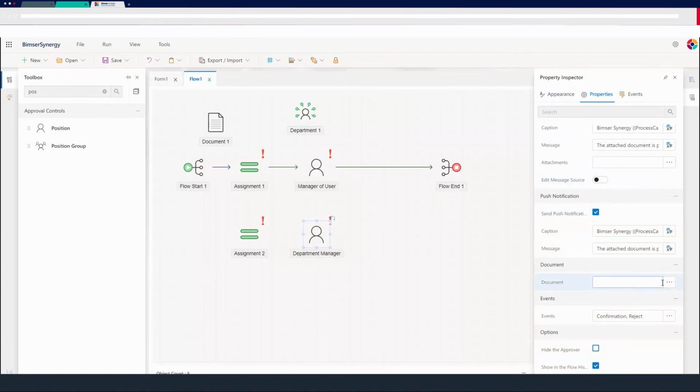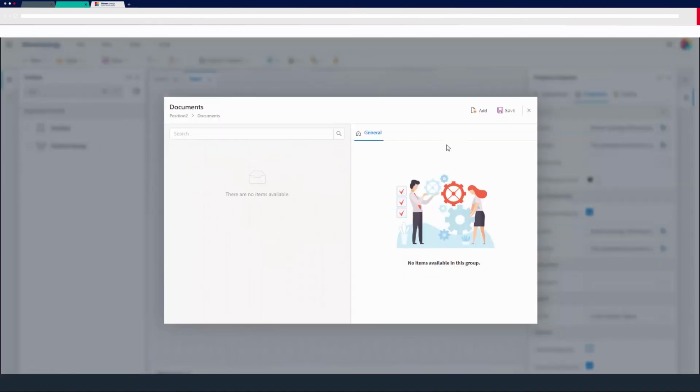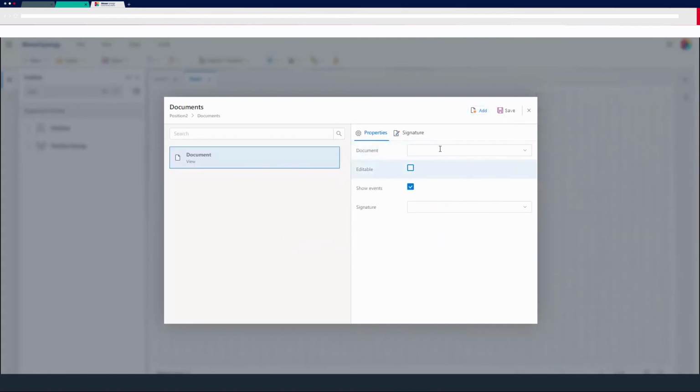And for the whole users, I should choose a document, and our document is document 1. Our view is default, and I can also select a panel size for the approval side, and I'm choosing 2 for it